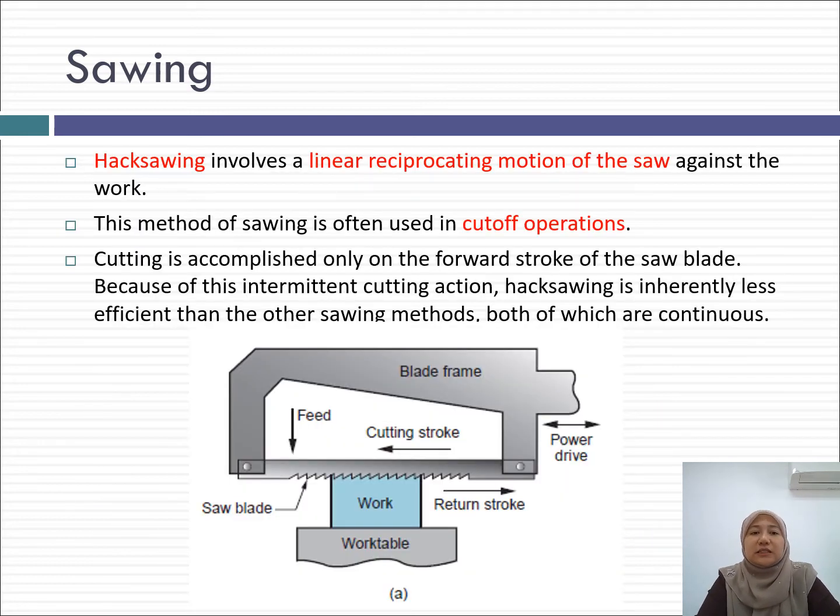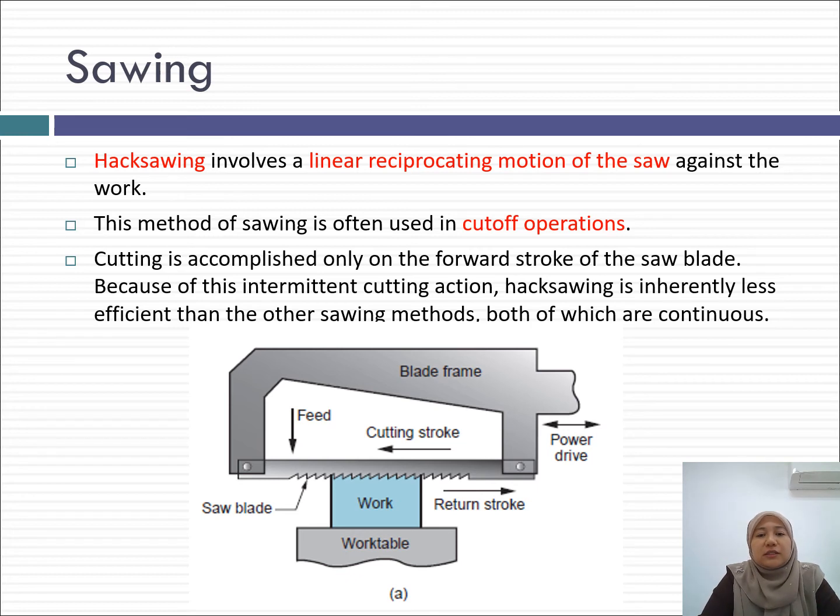The first category is hacksawing. It involves a linear reciprocating motion of the saw. This method of sawing is often used for cut-off operations. Maybe when you were in the lab in your first year, you used this machine to prepare samples for whatever experiment you planned to do in your manufacturing practice.